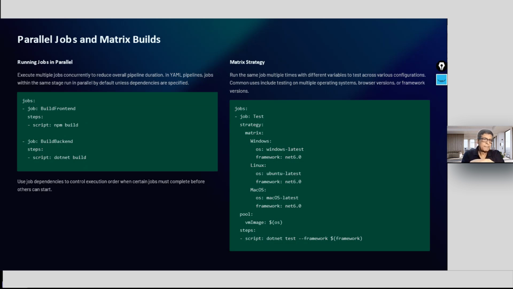Can you ensure that build front end will work first, complete, and then build back end will start? By looking at this particular script, do you understand that? Is this a parallel pipeline or a sequential job?